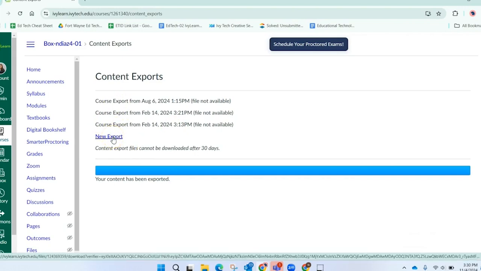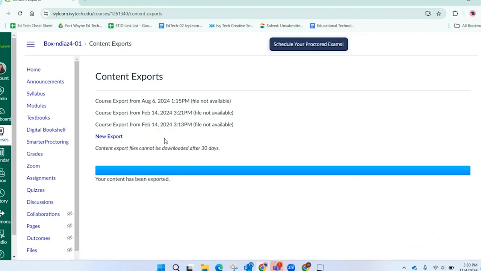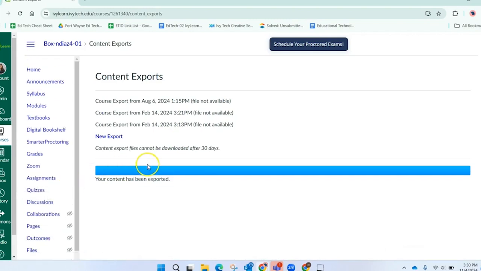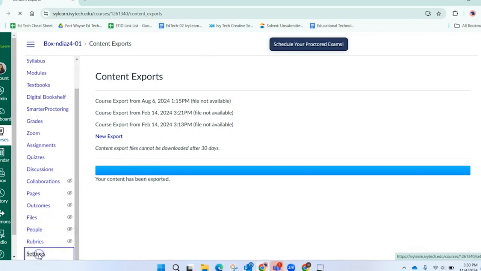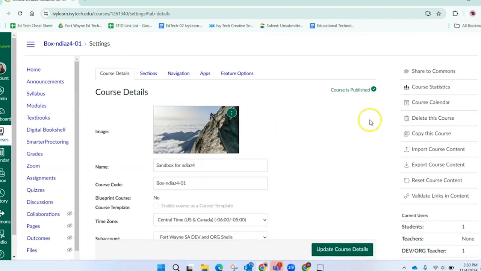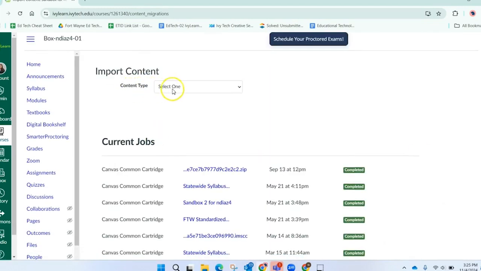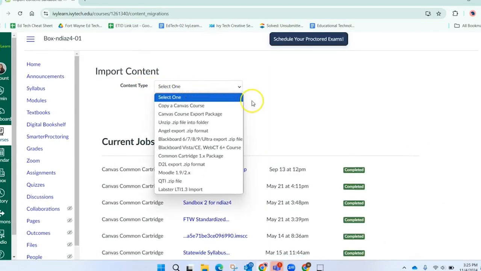This will then download the Canvas file for you to then import into the location where you want to import. You can also go to your live course or wherever you want to import it to, and instead of exporting it, you can just click on Import, then click on Content Type, and click on Canvas Course Export Package.